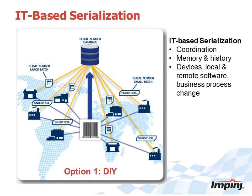Furthermore, if I make the same product this year and then I go back next year to make that product again, I need to remember which numbers I used so that I don't use them again. So I have both coordination in real time as well as memory and history that are required to implement a serial number management system. And finally, I need to have devices distributed throughout the world that can actually do the